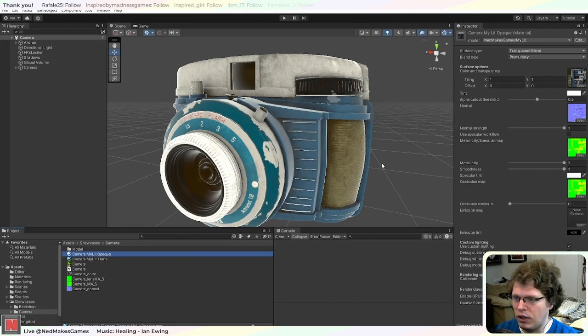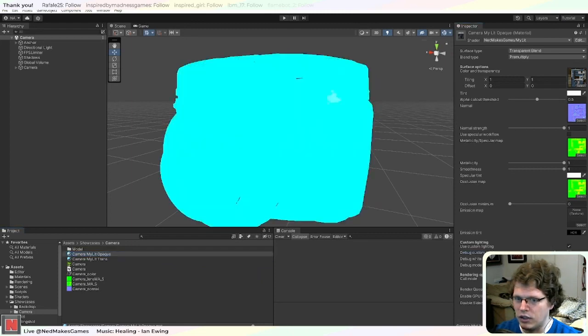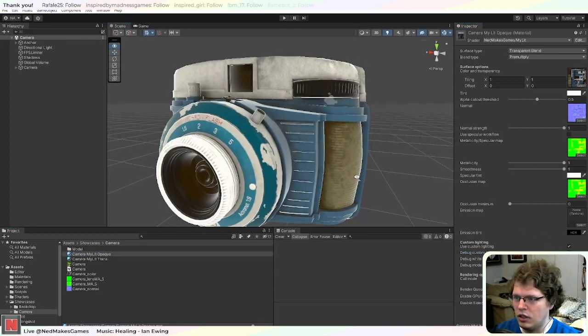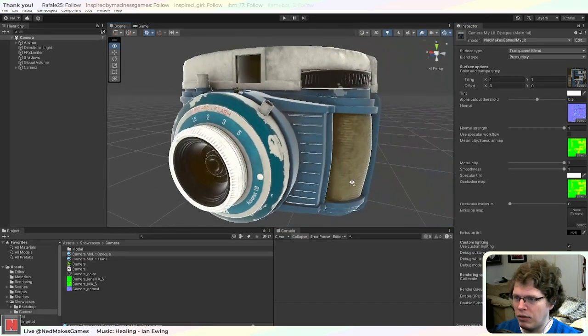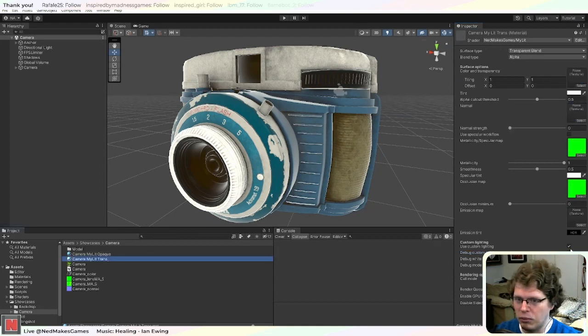And then the third video will be about extending the shader with your own custom stuff, specifically custom lighting, which I can turn on with this. So you grab the data from all the lights and you can basically use it however you want. It doesn't look that different because I just did a normal lighting algorithm, but